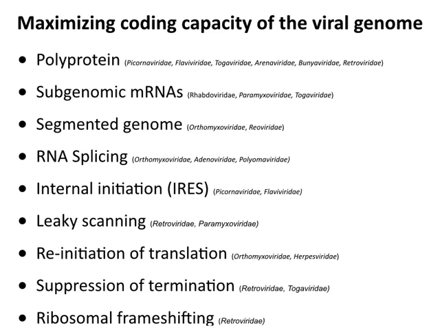You can make subgenomic mRNAs. We've talked about that already. You can have segmented genomes. So instead of having a long RNA, you can put it in pieces, so each piece encodes a protein, like influenza virus or reovirus. So think of this in terms of strategies for making a lot of proteins from one genome or one messenger RNA. Splicing we talked about.